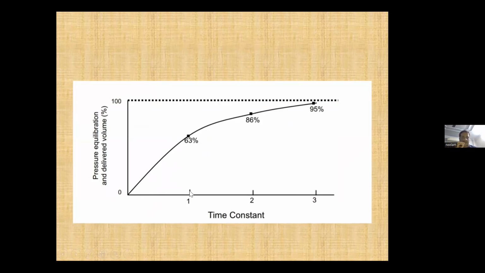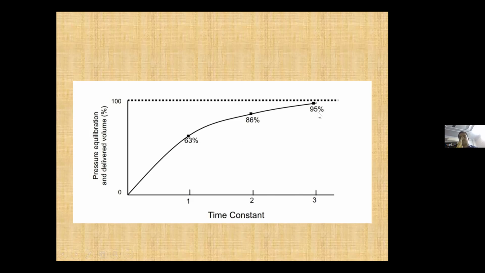in one time constant, so this 1, 2, 3 is nothing but the time constant. So in one time constant, how much will the pressure equilibrate, and how much of the 20 centimeters of water pressure that we delivered from the ventilator will reach the baby in one time constant? That is 63%. In two time constants 86%, and only by the third time constant 95% of that pressure will get delivered to